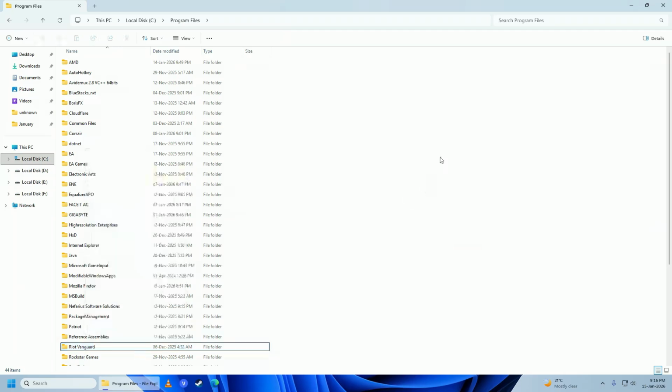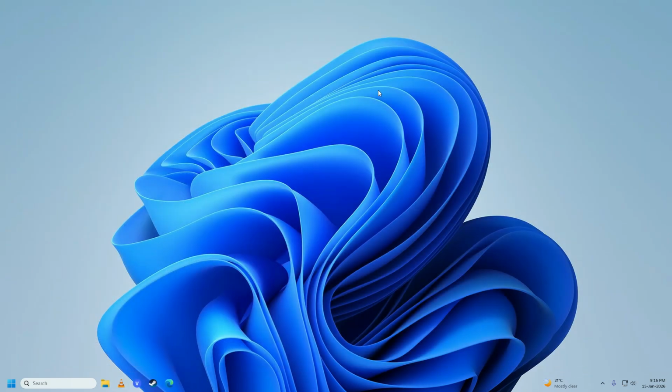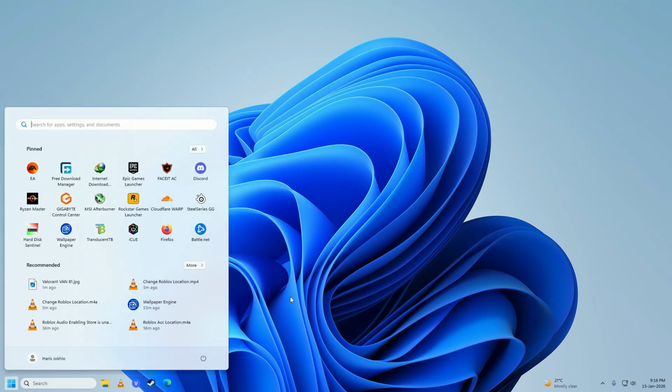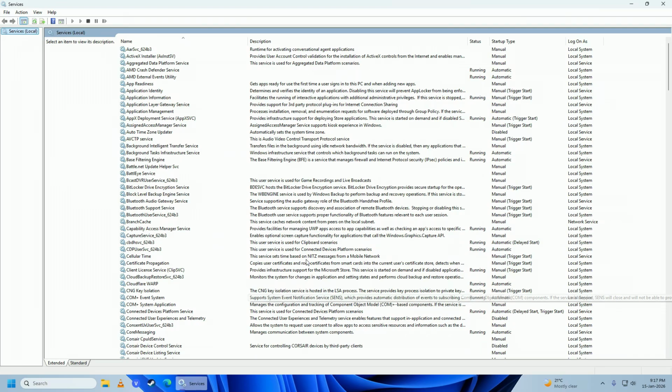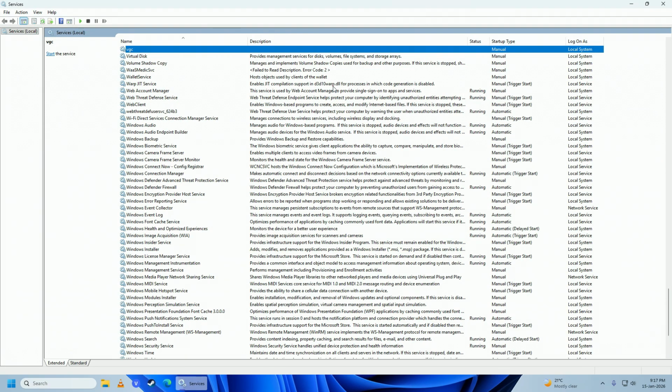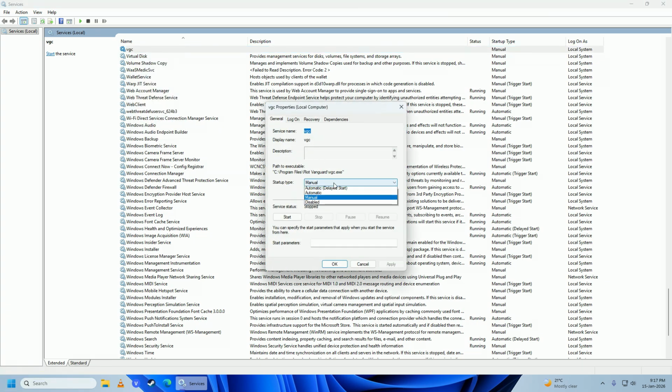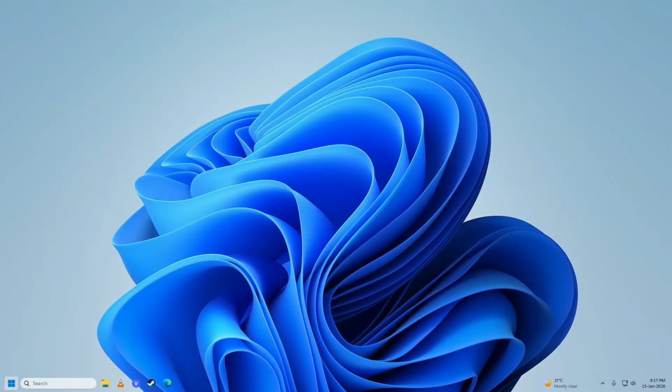Once you're done with deleting this folder, now what you're going to do is you're going to open up your start menu, you're going to write here run, and then you're going to write services.msc. You're going to look for the service VGC here, so just click onto any service, press V on your keyboard, here it is, right click on it, click properties, click startup type, set it to either automatic or automatic delayed start, and after that click start on here, click apply, okay, and then go ahead and restart your computer once